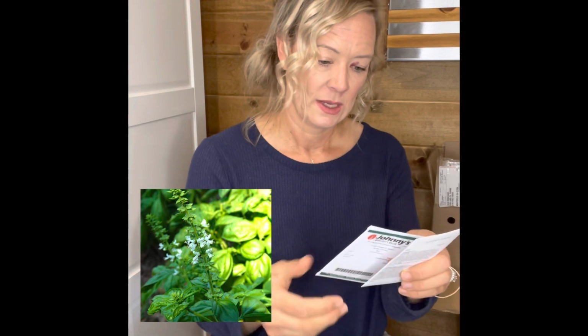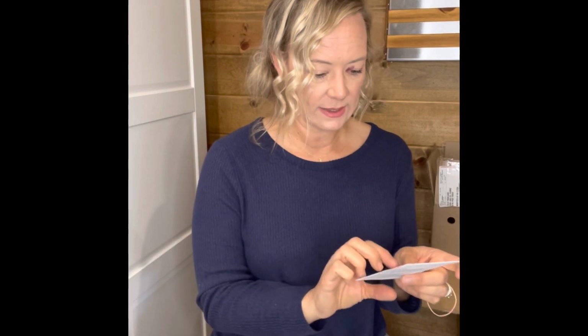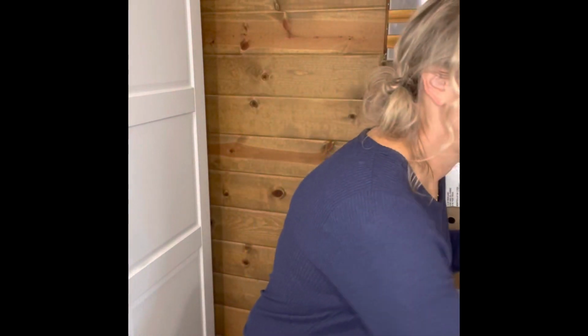Next up, I got a basil. This one is Aromato OG basil. And I have to look that one up and see exactly what that looks like. Next one is a cinnamon basil, and I believe it has some reddish color leaves on it that look really good and has a really interesting smell to it too. Okay, next